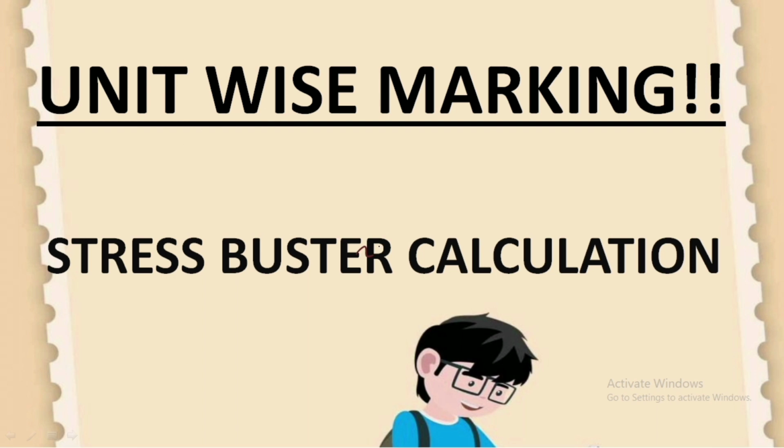So in this lecture, what we would be trying is to reduce our stress. That is, we'll try to change our perspective by which we approach this exam. First, I'll tell you what the approximate unit wise marking is for every year whenever the CSIR UGC NET examination is held, and then we'll make a small calculation and try to change our perspective for this examination.